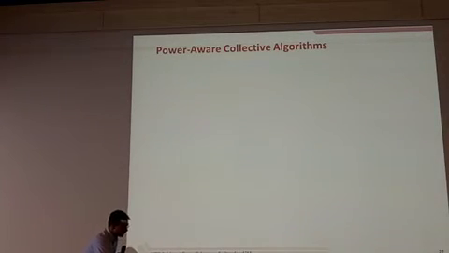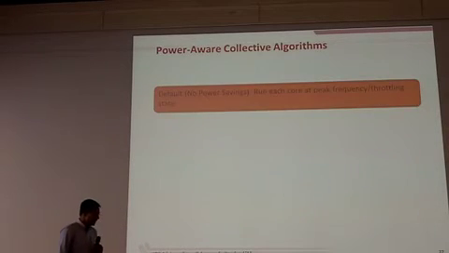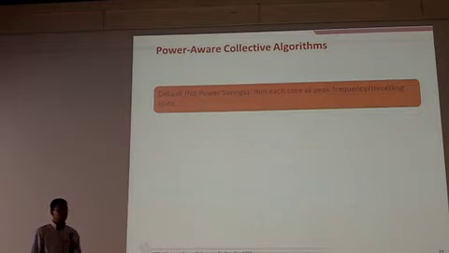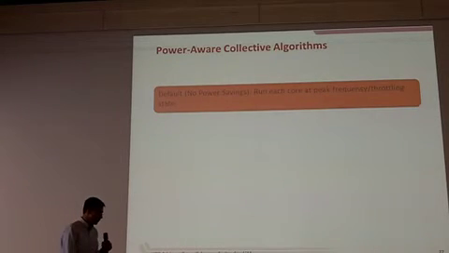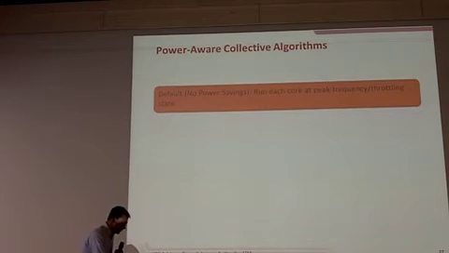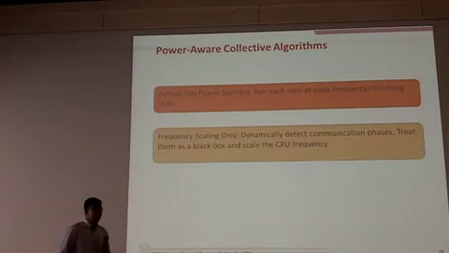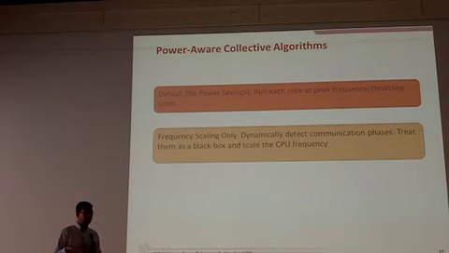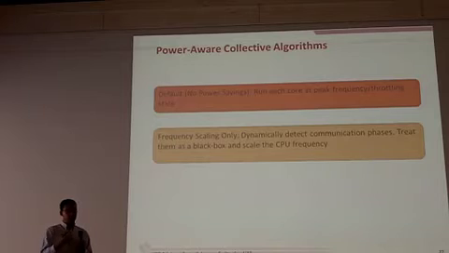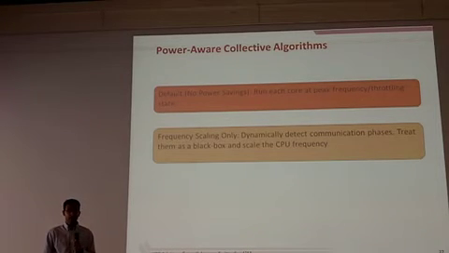So now we'll take a look at power-aware collective algorithms. So the default mode is that you call your collective algorithm, maybe blocking, and you just run each core at existing frequency and just keep doing it, and don't do any throttling. So there's no power savings there. You can do a little bit more intelligent, where as soon as you're within the collective, you slow down your cores by using DVFS. You can save a little bit of power, but now your cores are also going slower, which means that they are accessing the network a little bit slower. And in the case of computation-based collectives like all-reduce,